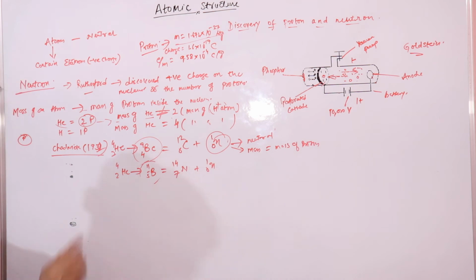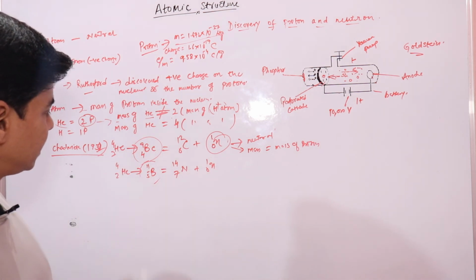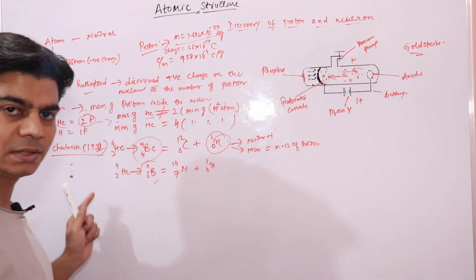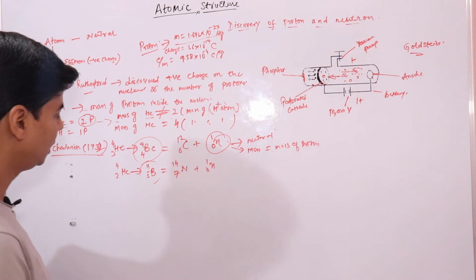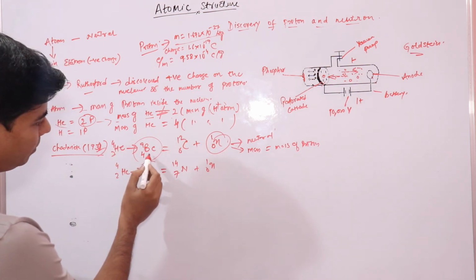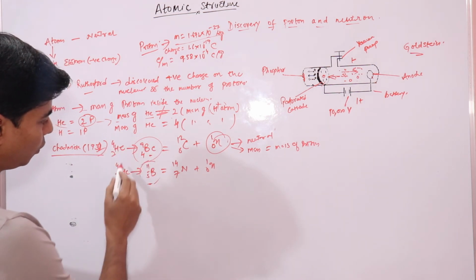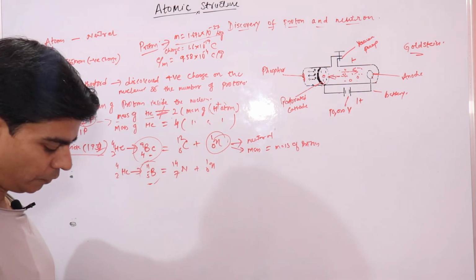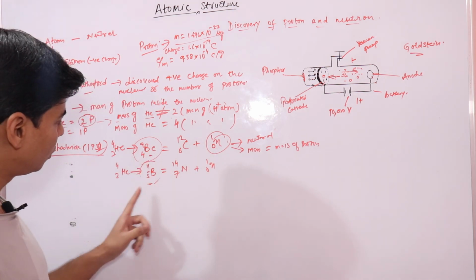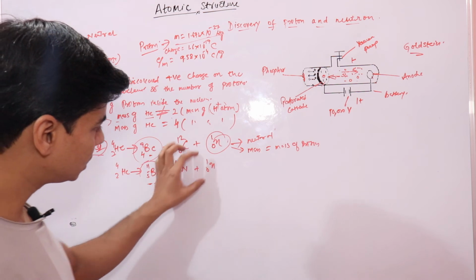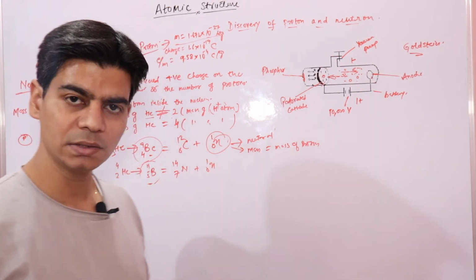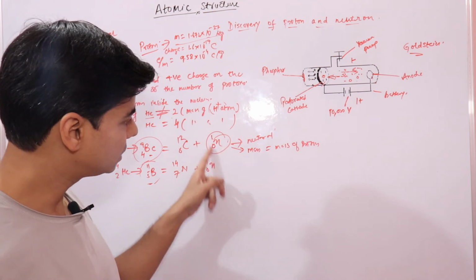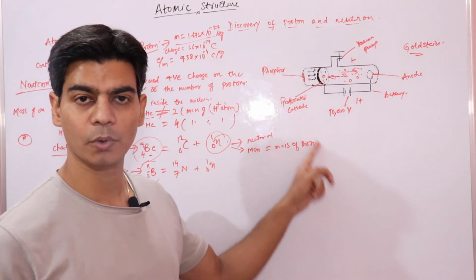Later, in 1932, a scientist named Chadwick carried out certain experiments. Rutherford could not explain this experimentally, so the discovery of the neutron goes to Chadwick. He bombarded beryllium and boron with helium particles, and he noticed the emission of some radiation that does not carry any charge, and the mass of this radiation is equal to the mass of a proton.